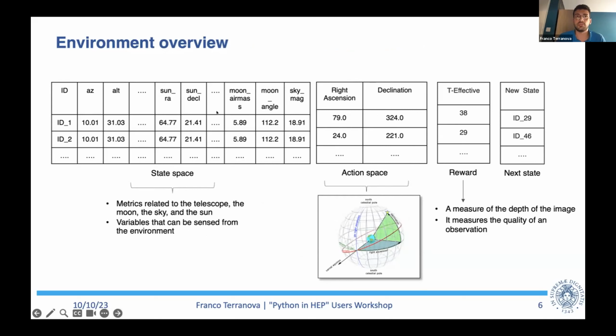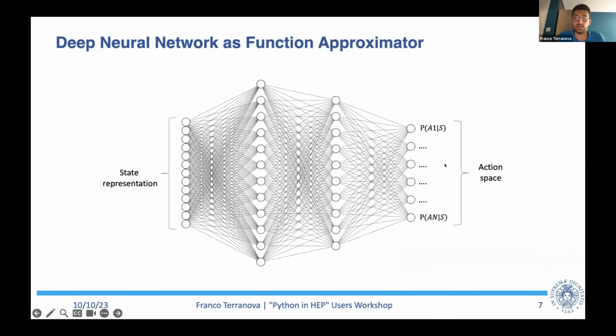According to the variables that you can sense with your telescope, you can directly determine these variables, while action space and reward are set. As output, we're going to have a distribution over the action space, so the probability of taking each action, where the action is nothing else than a site, given the state. The proper weights and biases of the network should be learned in order to have the right mapping to choose the best site in each state. This is an example in particular of policy-based methods.